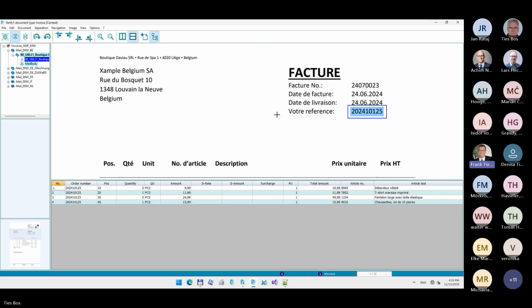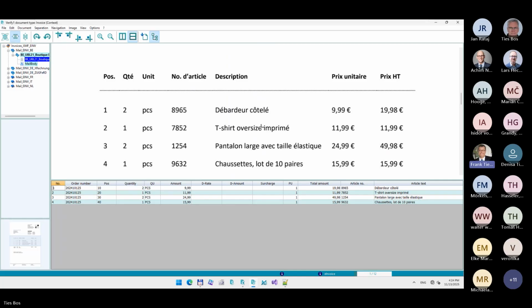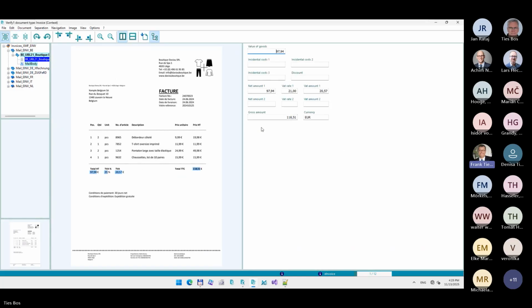And also finding all the line items makes our life a little bit easier, because sometimes, you know, line items is a challenge. But on an e-invoice, we can simply find it from the master data, from the table structure in the e-invoice, and also the total amounts. Maybe let's have a look at another